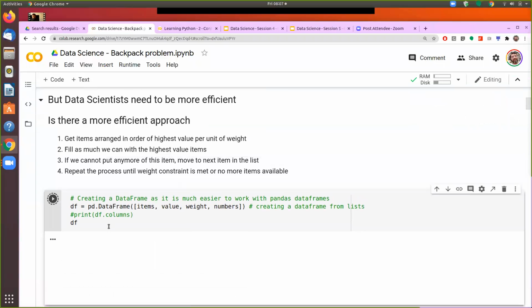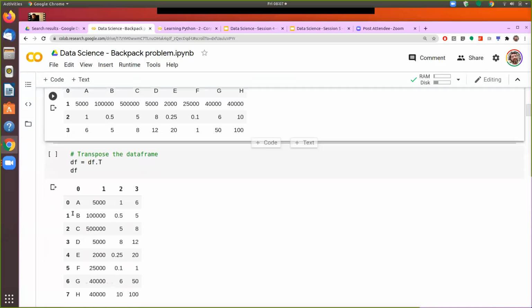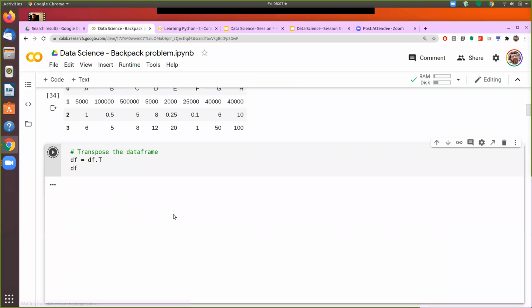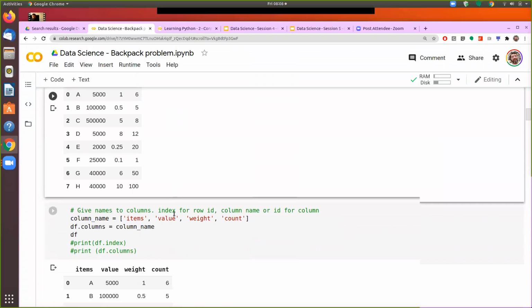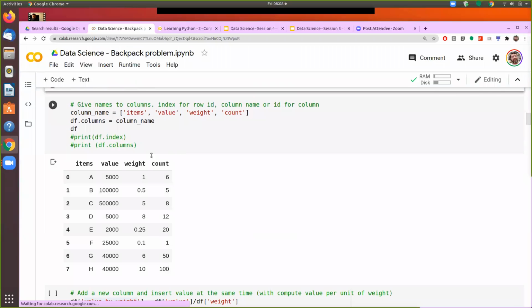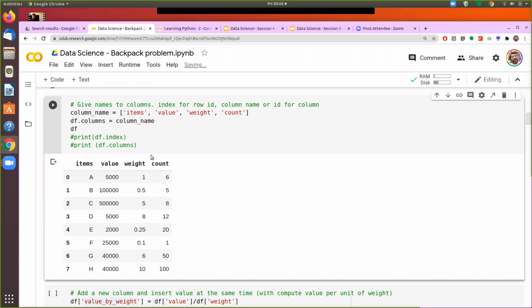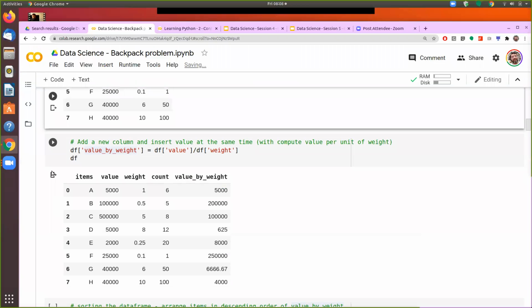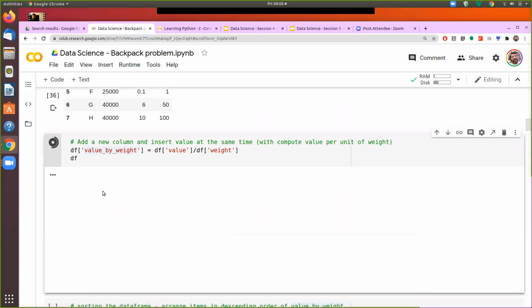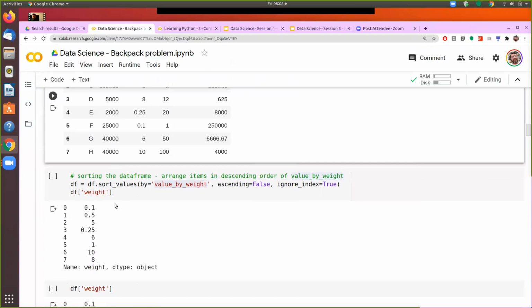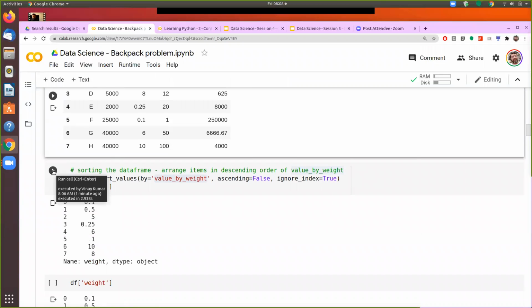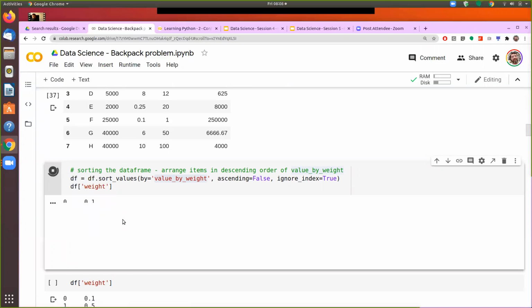Okay. So we created the data frame. That is fine. It is transposing it. It's creating the headers. It's creating the new column. Then we are sorting it by weight, and we are seeing the weight here.